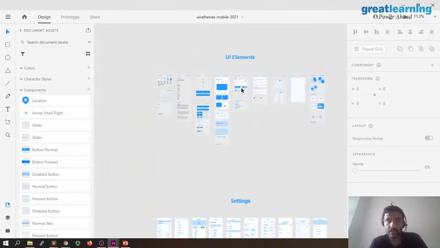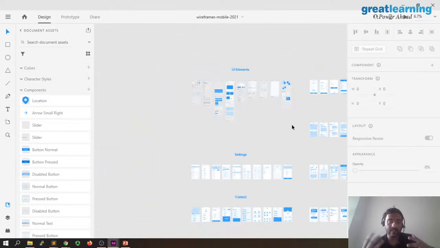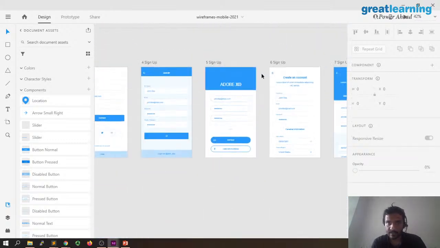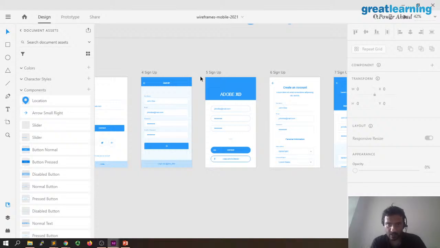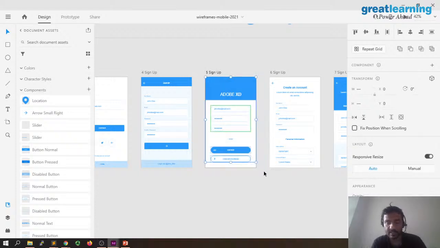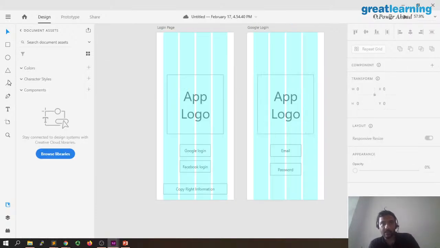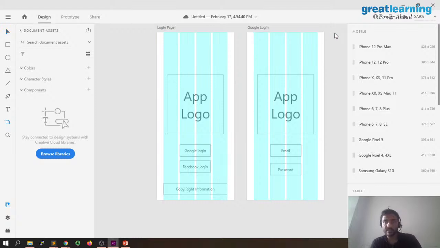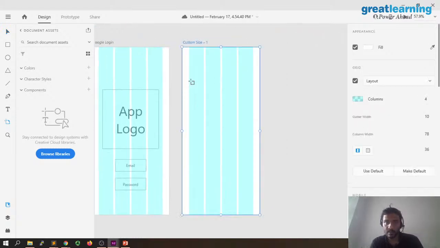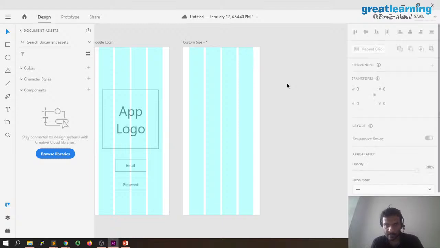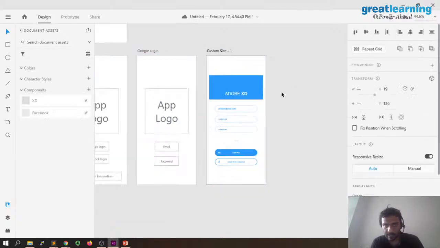So these are your wireframe elements, this is where you can just take all the elements directly. If you want, look at the sign up page and we can just copy the sign up page from here. Select all the elements, click on copy, come back, and let's create a new artboard for this, right? Go to selector, then paste it. Yeah.